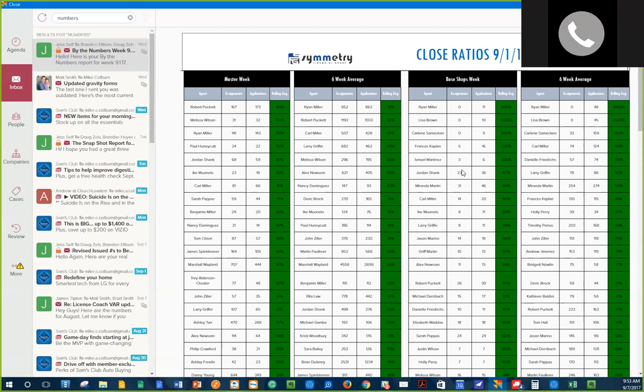I'm going to show them here kind of where we're at, and you guys might be surprised. When I was in the field and I did a bunch of business, and I'm not tooting my own horn, okay? I just want you to know the numbers that were happening. We were consistently somewhere between 50% and 75% close ratios on a regular week-to-week basis. We are dramatically lower than that right now, and it's because of two things, and I know why. Number one, the main reason I know why, and I've kind of instilled it in you guys a little bit, so I'll take credit for it. But I'll kind of explain why this is so important.